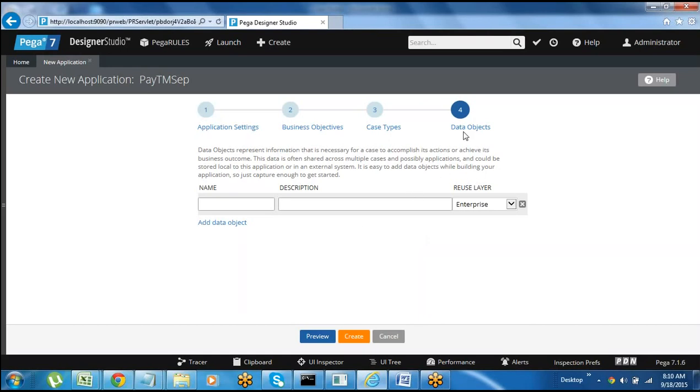Right now it is just an option, but we will not add any data objects, meaning tables, at this level. Tables creation and all, once after generating the application, we'll add all these things. At this level, no need to provide any information here.